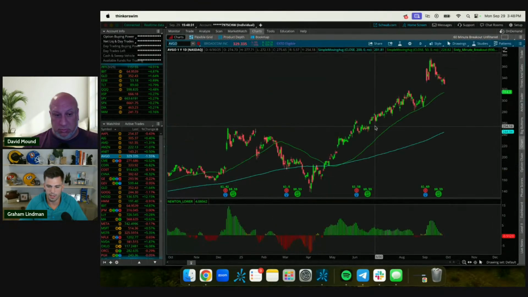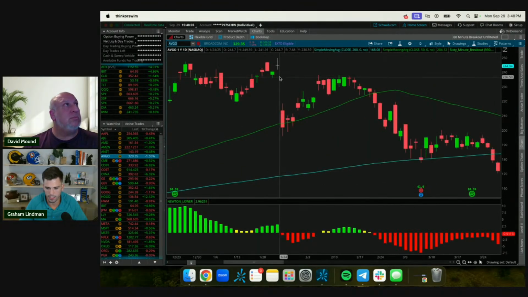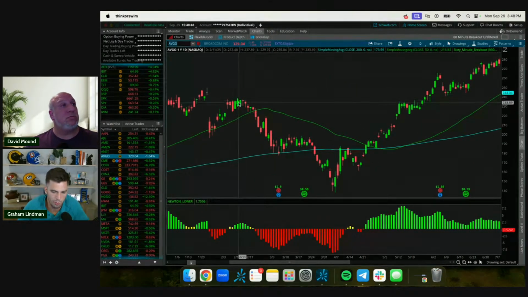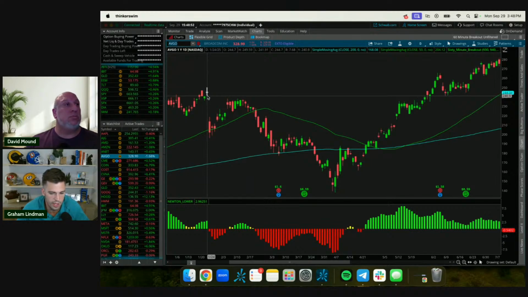But let me go ahead and pull this one up here. So like here, you can see a gap fill to the upside on AVGO. This would have been a great one to trade. Entry would have come right here on January 31st. And it went and almost filled the gap there. Got pretty close. This is what I was saying earlier that someone asked what the win rate is. So like if you were technically saying to get to this price, it would be a win. It technically lost. Now, if you did the right options, you probably could have made some money. With that said,